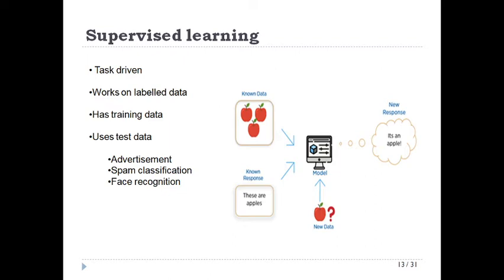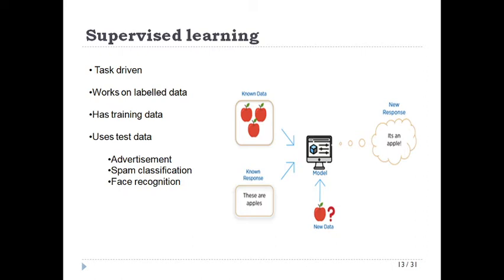And talking about the examples or ways in which it is implemented, we have advertisements, right? Whatever we look for, the same type of advertisements are shown on our search engines. That is the work of supervised learning, where the algorithm has identified me with a particular item and now it is showing me the results. Then we have spam classification, which you might have seen in your Gmail: primary, promotion, extras, deleted, spam. So it can be done automatically by using supervised learning.